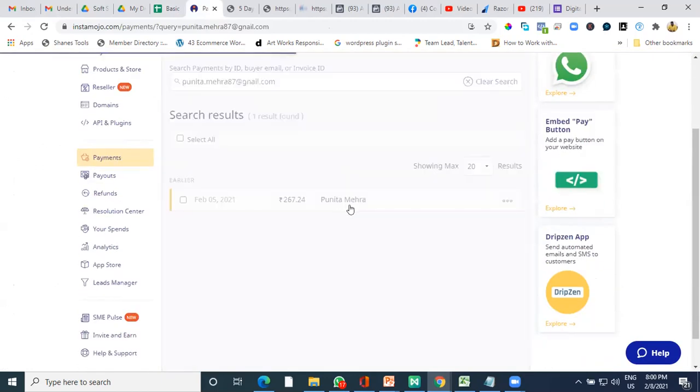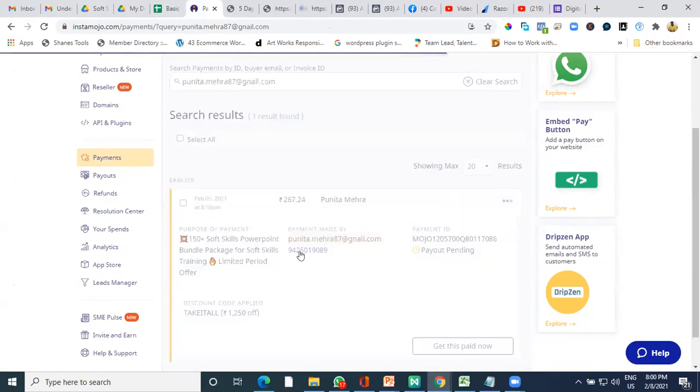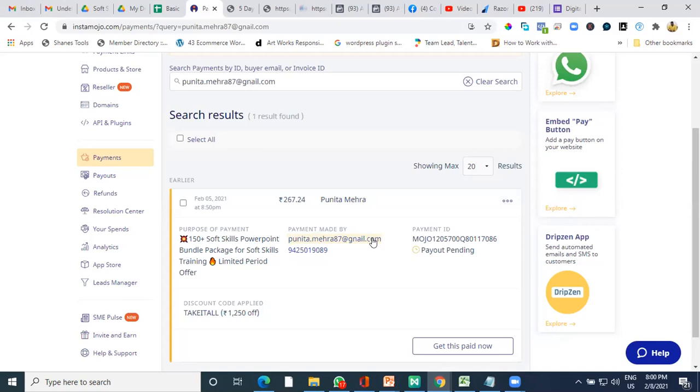See, this data has come here. She has paid, but she has given me a wrong email ID. I was able to rectify that wrong email ID and made it right, and I sent her the details again. But every time it happens, I'm very conscious about all these things.